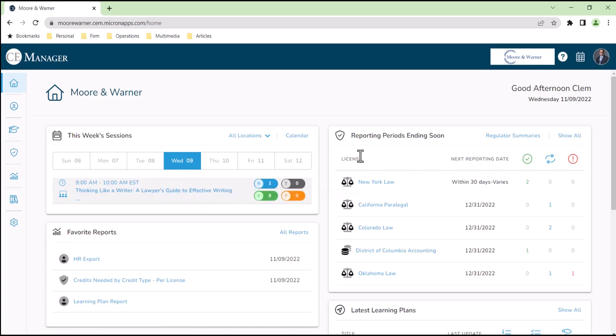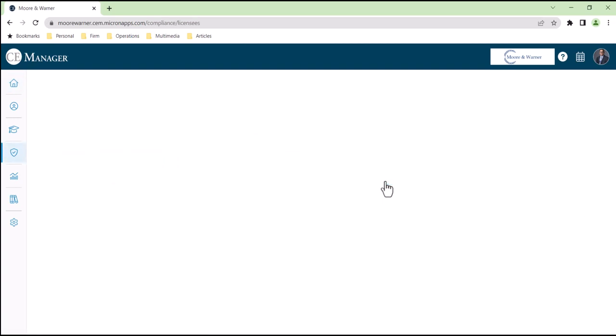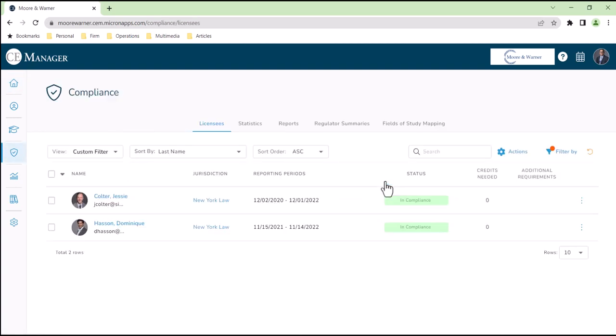Reporting periods ending soon. This tile displays licenses that have one or more users who have a compliance period that's ending relatively soon. Click on a particular license to see all the employees who have an upcoming due date, such as in New York law. We see Jesse and Dominique. Notice how this moves us to the compliance module. Let's go back to the dashboard